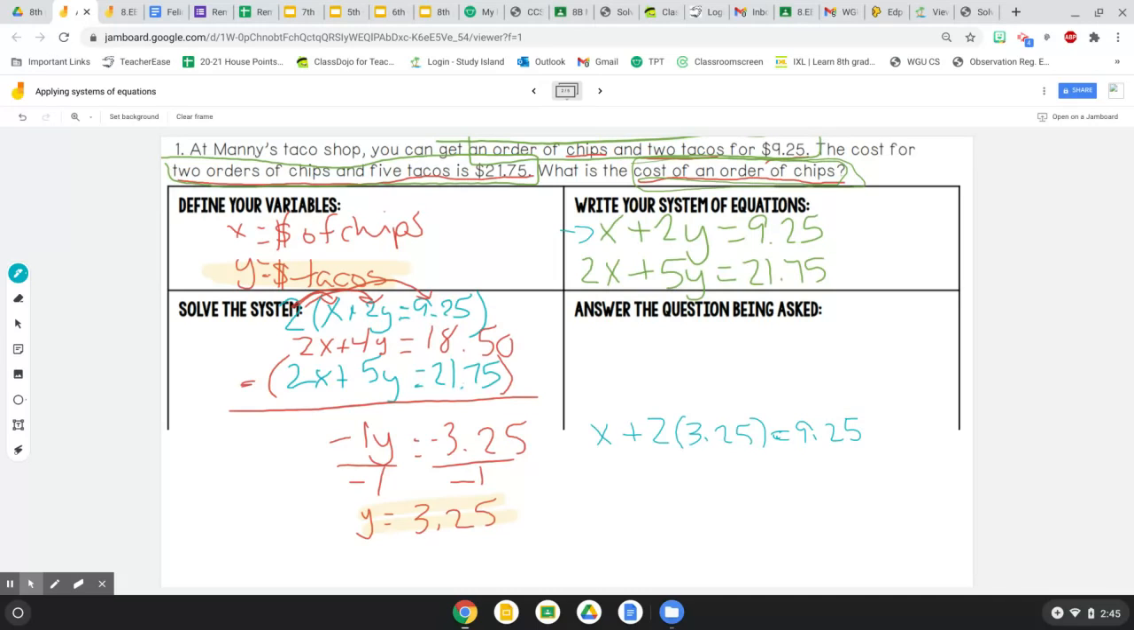Okay, so now I can solve for x. So I'm going to go ahead and multiply. So I still have that x plus, that's going to be what, 650 equals 925. And I'm going to subtract 650. And I'm left with x equals